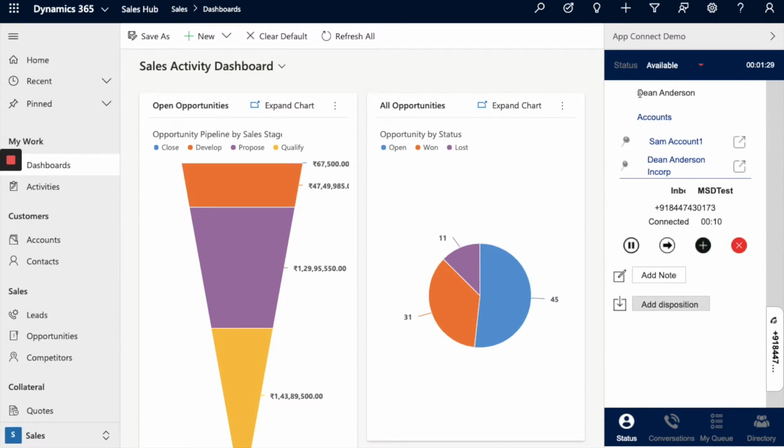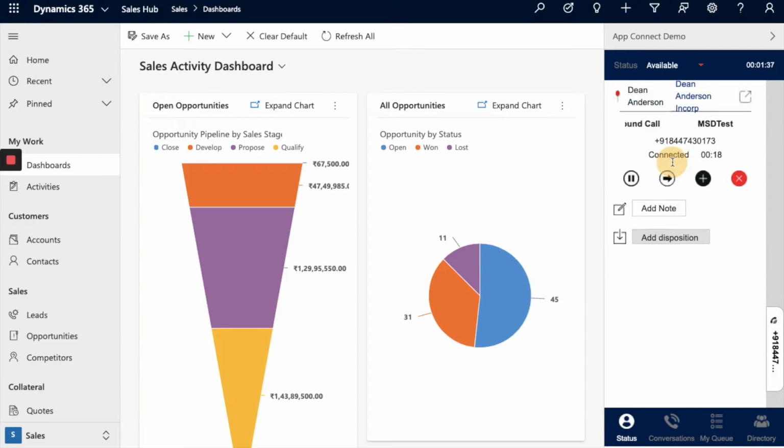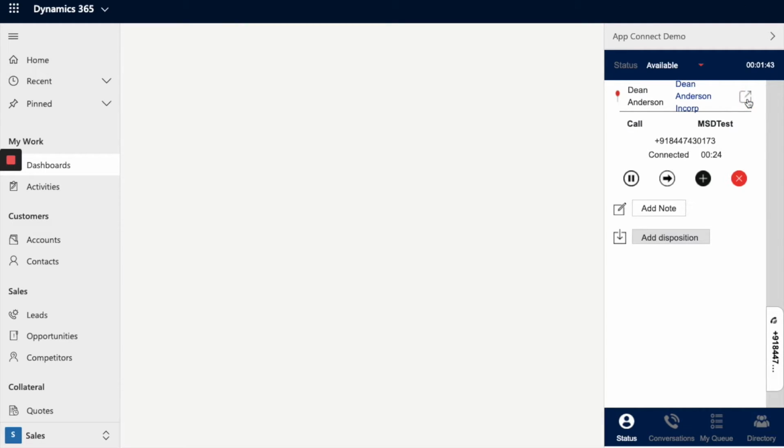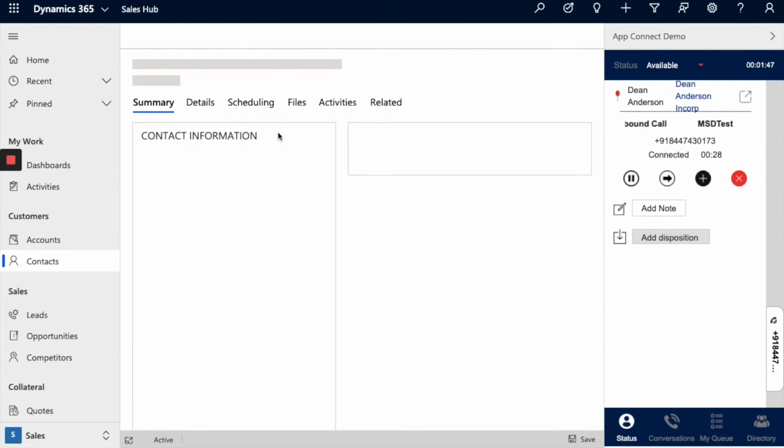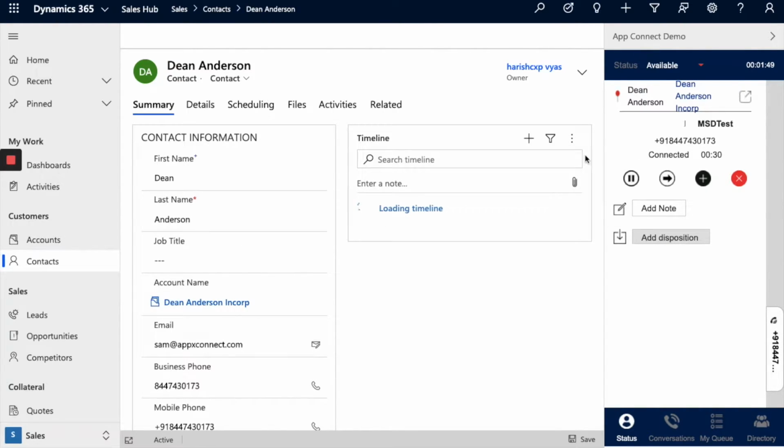When conversing, browse through associated contacts or accounts or any other custom Dynamics entity. The Expand View button populates the relevant info and activity page for the conversation. Pin the customer details that are relevant to be tagged to the conversation.